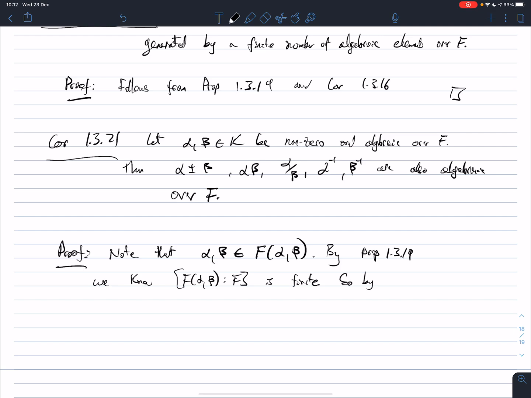So by Corollary 1.3.16, this thing is algebraic over F, meaning all of its elements are algebraic